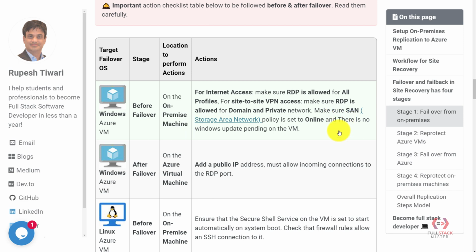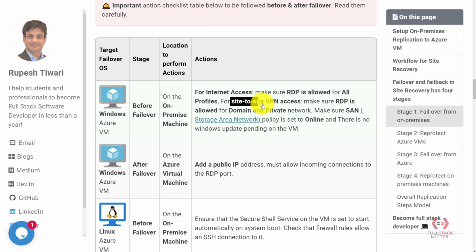Next, suppose you are using a site-to-site VPN connection from on premises to your Azure virtual machine. Then make sure that RDP is allowed for the domain and private network. So there are 2 different things. If you are using internet access, then for all profiles RDP should be enabled.